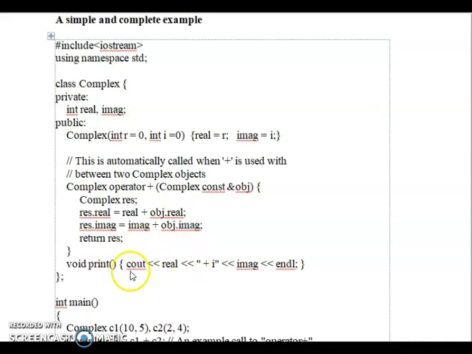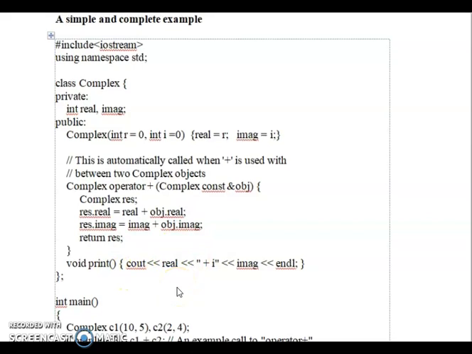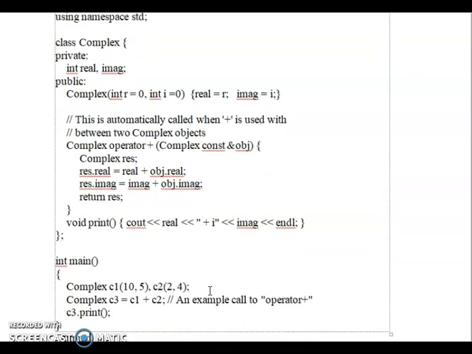Here we declare void print, and in the main function we declare complex C1 equal to 10, 5 and complex C2 equal to 2, 4. In C3, we perform the addition with the help of operator plus: C1 plus C2.